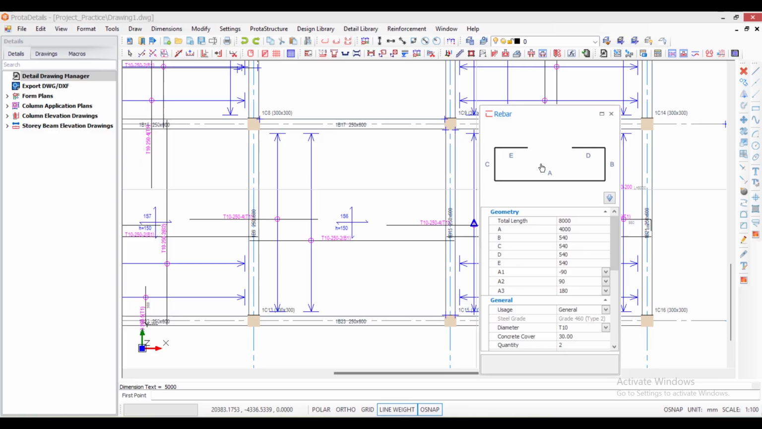So the next thing is I need to input my dimensions, the geometry of the bar. For the A, you don't have to disturb yourself with the A because the A is the overall length of the bar. I'm just going to click the start and the end to show the A. Okay, we can create the bar and then make adjustments